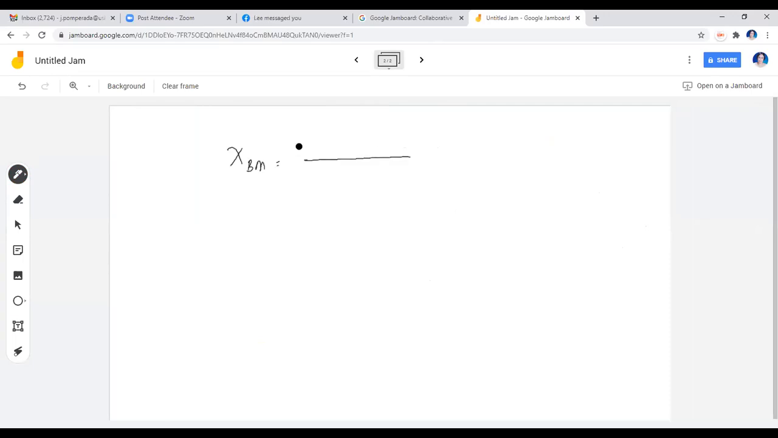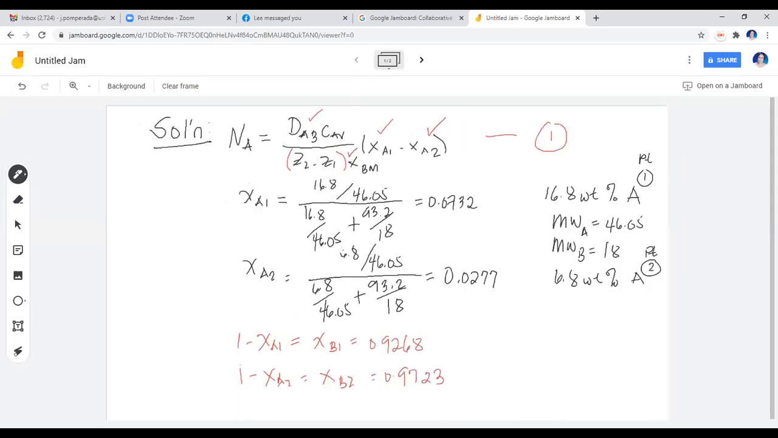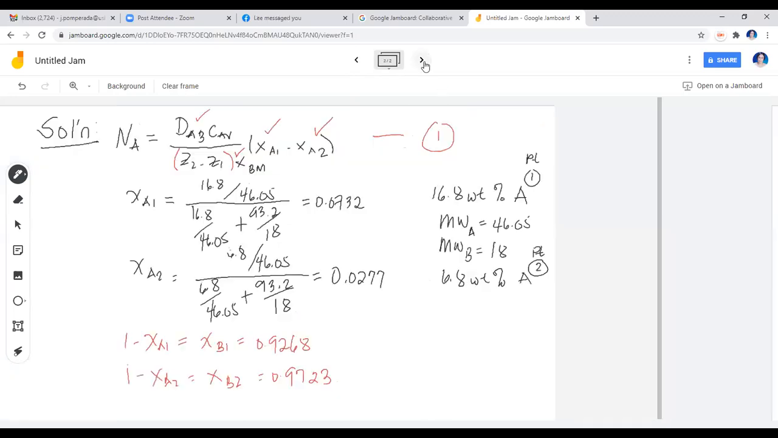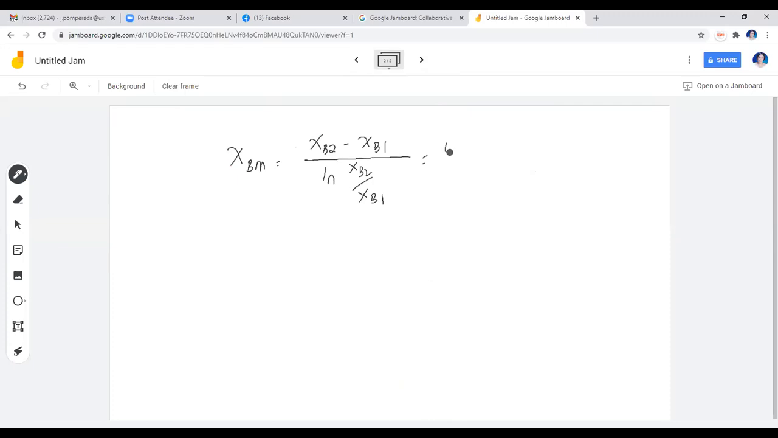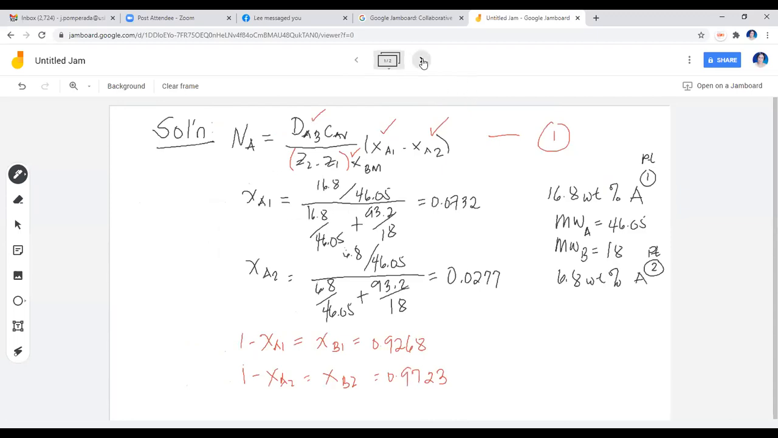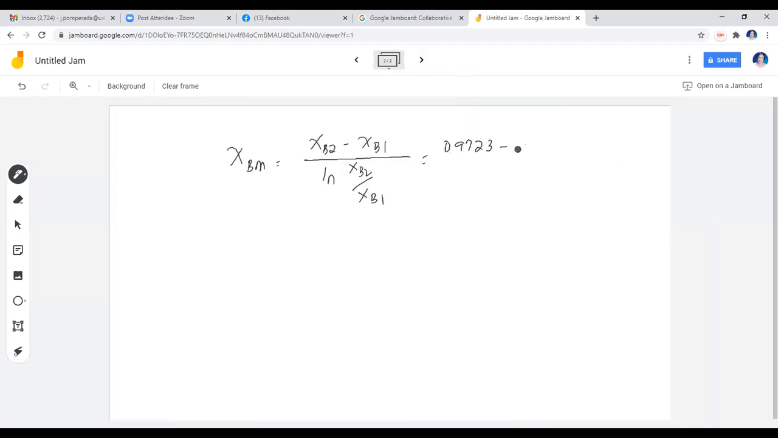And I have shown to you the formula a while ago. So XB2 minus XB1 over the ln of XB2 over XB1. It would be just substitution. So you get the values here of 0.9723 minus, so your XB1 is 0.9268, and you'll have the ln of 0.9723 divided by 0.9268. So you will have the log mean of the mole fraction of B in points 1